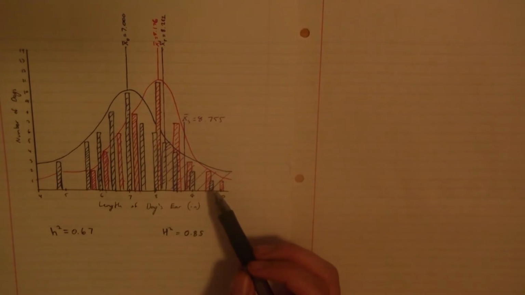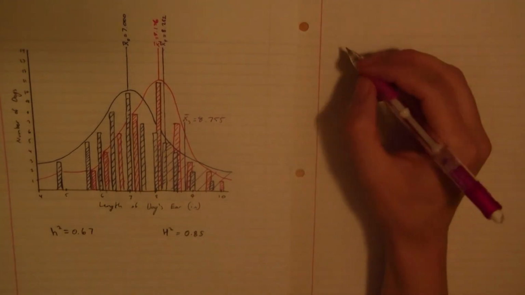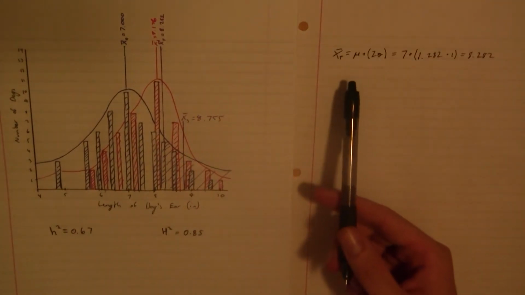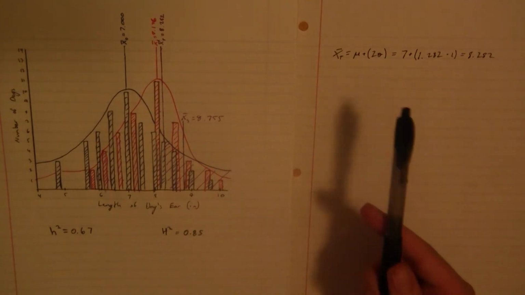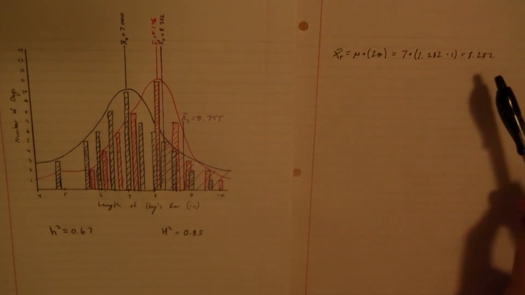upper 10%, which gives me a z-score of 1.282, and using that z-score, I was able to calculate what my x bar t would be, using the equation x bar t equals mean plus z-score times standard deviation, which for me equals